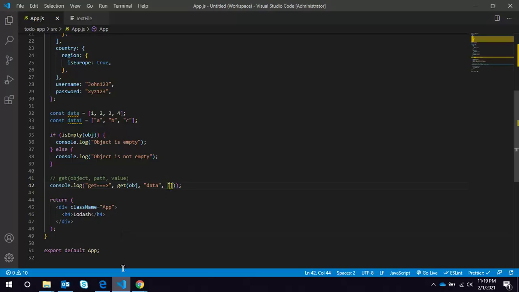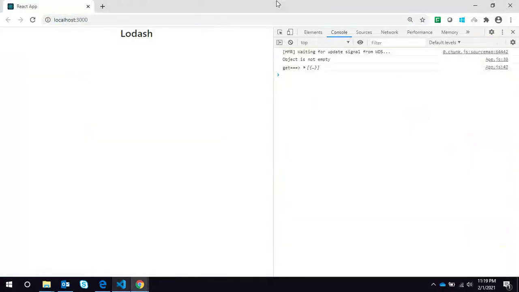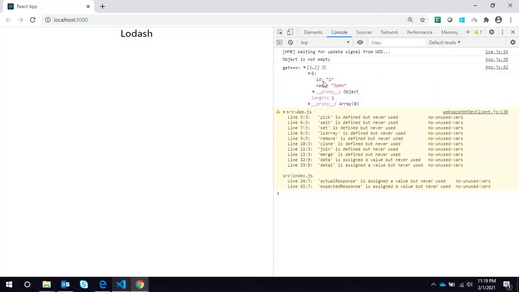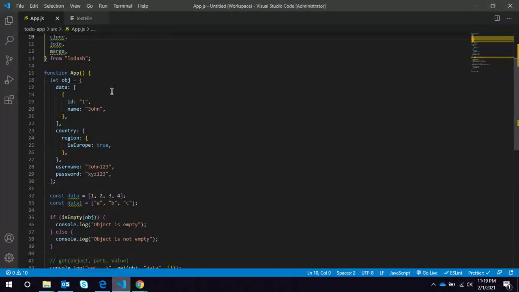Save the file and check what we are getting. We are getting only this property from that object, this id and name.